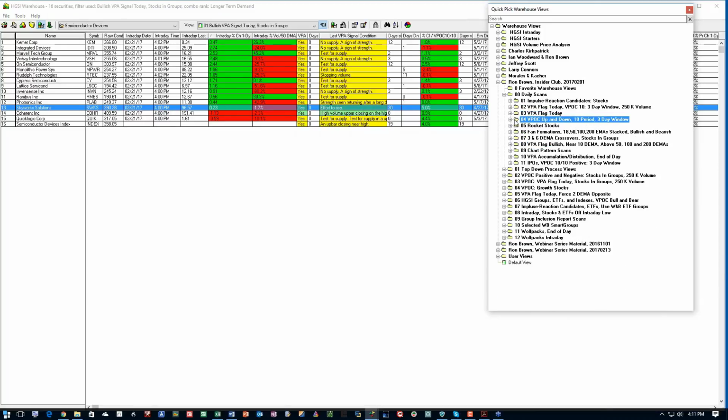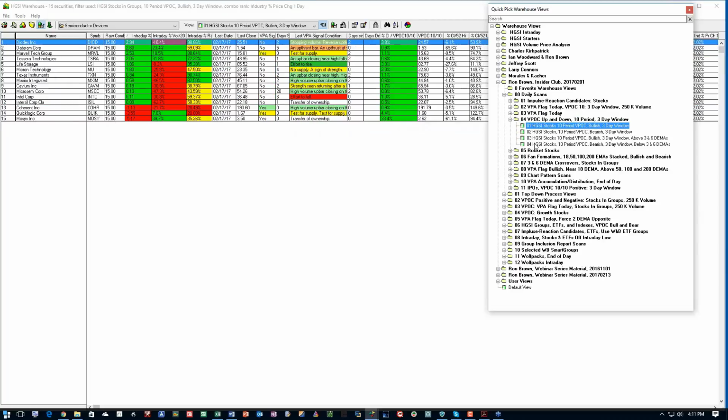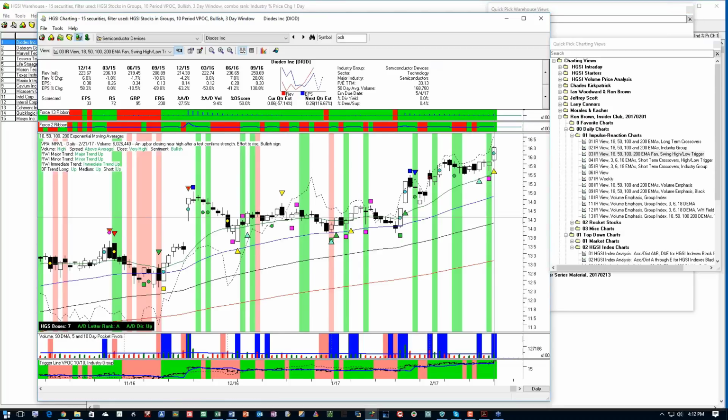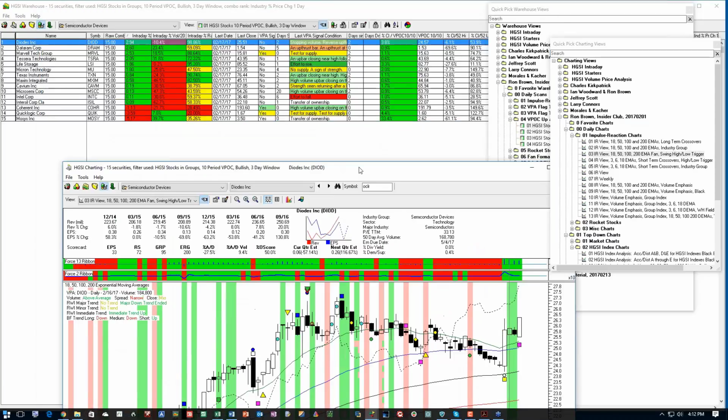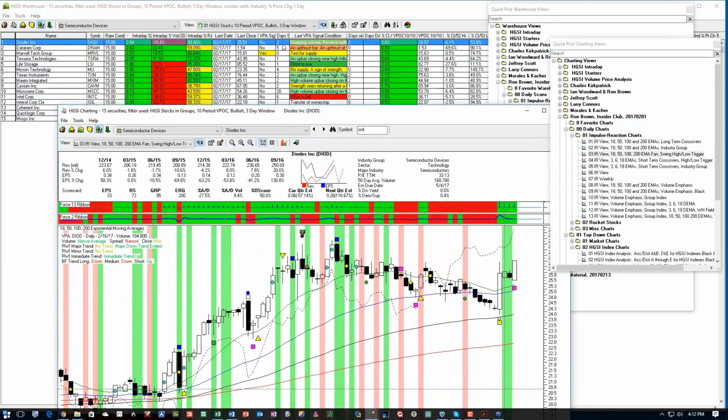This is strictly a VPOC scan. I'm not looking for anything other than the volume point of control crossing over. Let's just look at this. Here's one that occurred. Oh, this is a nice flag on this chart. Anybody get this one? This was a 3-day window. You can see the days since the